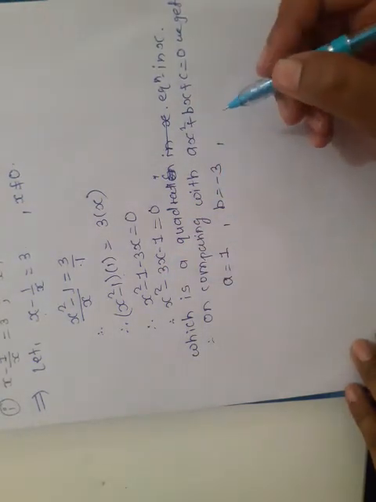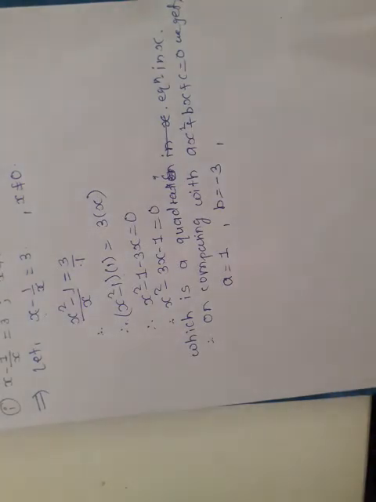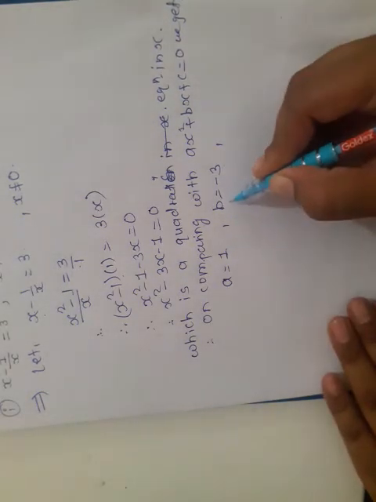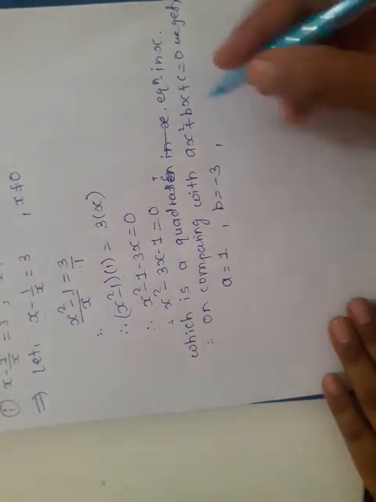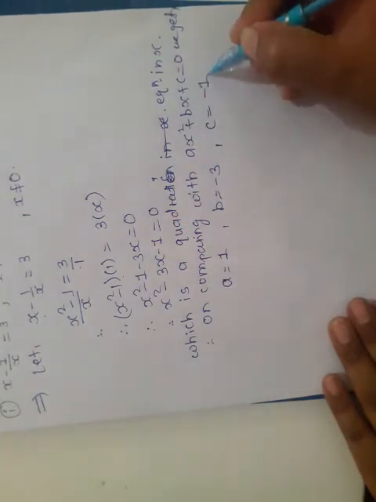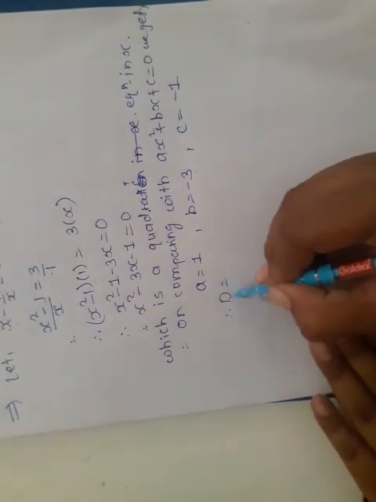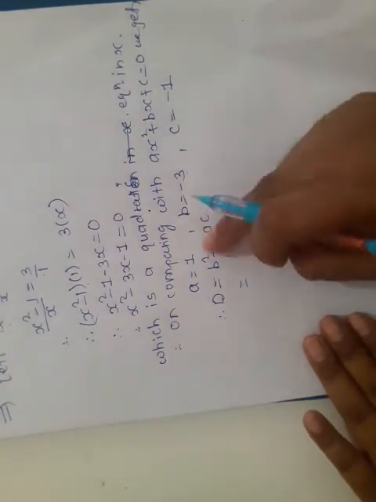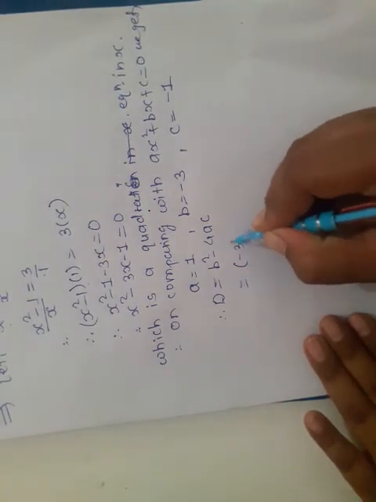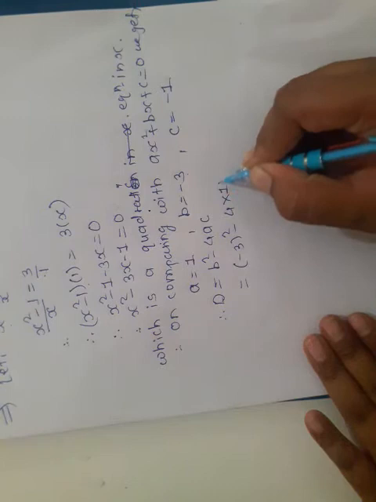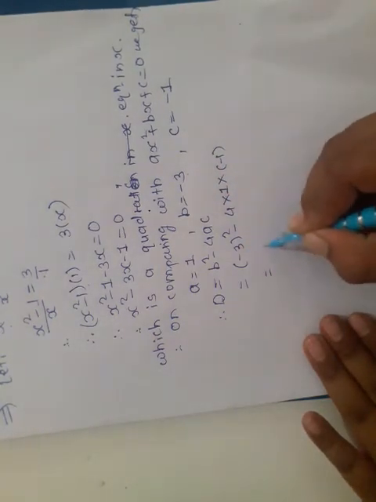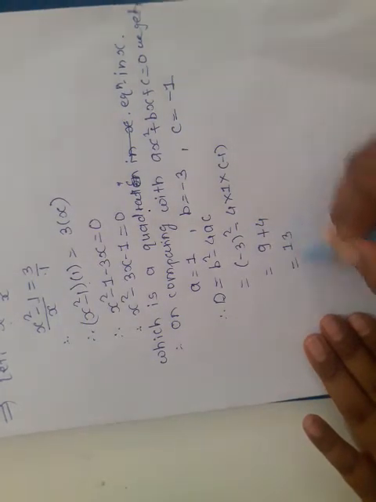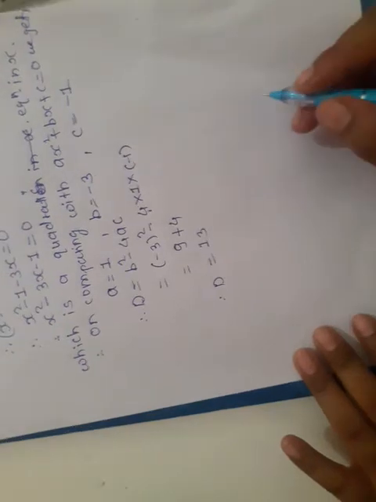With sign we have to take again and again. I am telling you, we have to take the values with sign in the quadratic formula method. If you are taking the values of a, b and c, then take those values with sign. c is equal to what then? Minus 1. Now we have to find capital D. Capital D is equal to b square minus 4ac. Put all the values: minus 3 bracket square minus 4 into 1 into minus 1, which is equal to 9, and minus into minus 1 is plus 4, so it is 13. Therefore capital D is equal to 13.